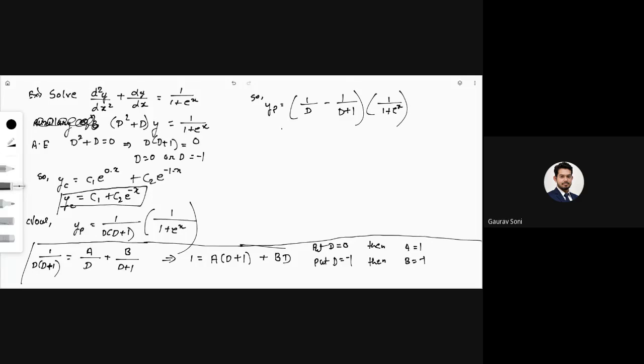Let's open the bracket. 1 upon D, 1 upon 1 plus e to the power x, minus 1 upon D plus 1, 1 upon 1 plus e to the power x. So the first bracket,